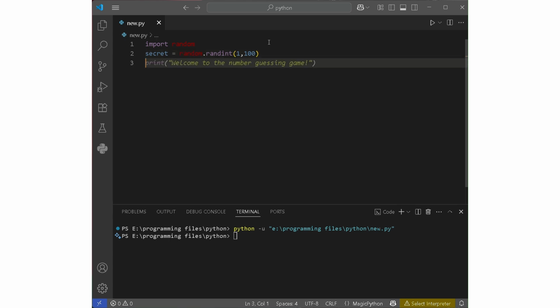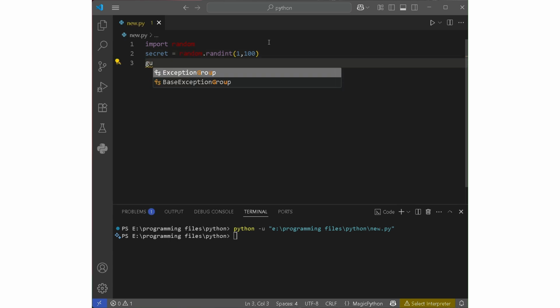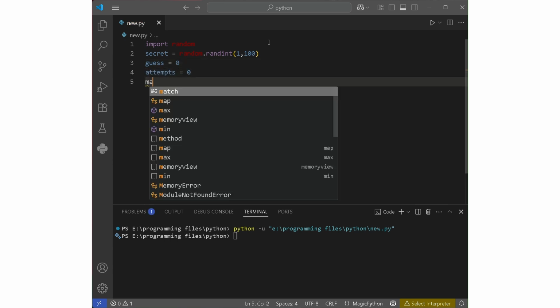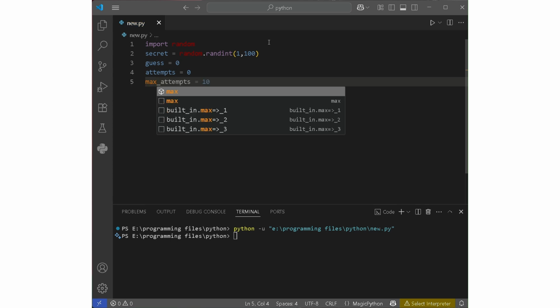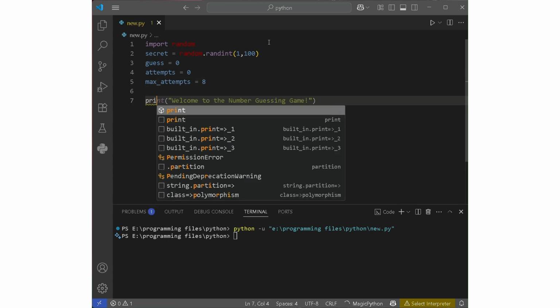Okay, now let's write here guess equals 0. Initially the guess would be 0 and the attempts is 0, and max attempts you can give as 8. Okay, now print